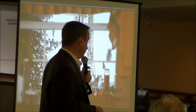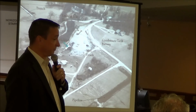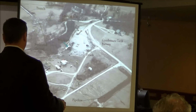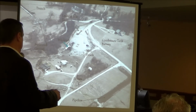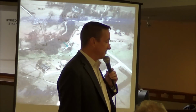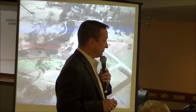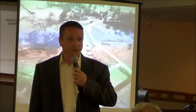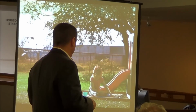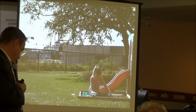So this was Tim's view outside of his kitchen window for about 6 weeks. This is Tim's property from an aerial view. You can see just the amount of land that was taken for this process. Here's the wellheads. Here is the condensate tank that wasn't already destructed. And in Texas, the waste pits are not required to be lined. There's a couple of states that have that requirement in place. The industry is pretty active in trying to get those requirements taken away. There's Tim's daughter in their playground. So you know, when I started this,